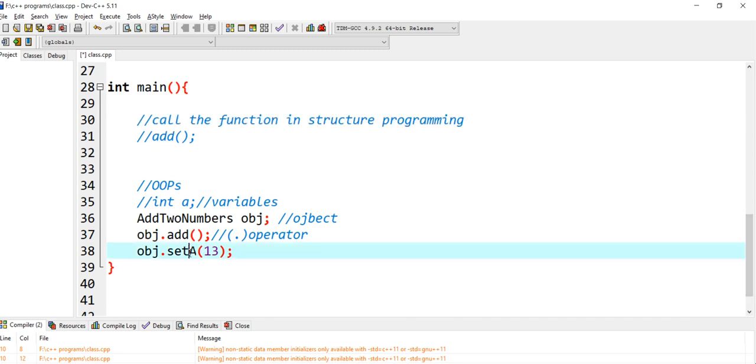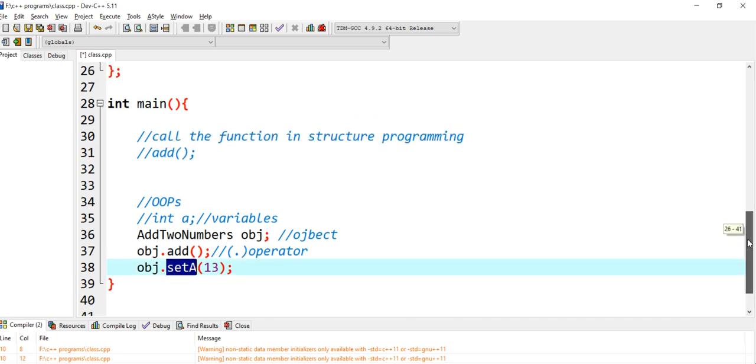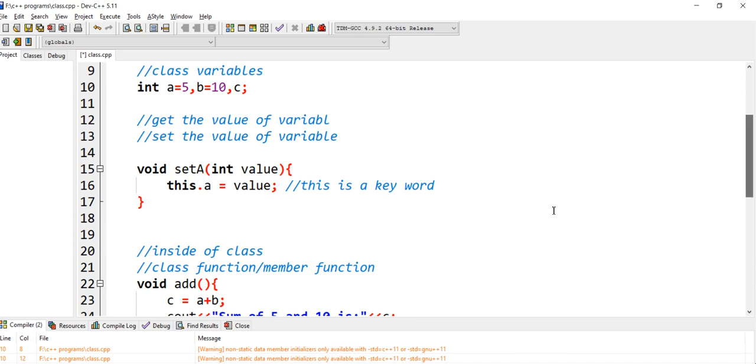So now this set a function is going to be called, and it is provided the value 13, right? So this 13 value will be initialized to a. This a will be initialized with the value 13. Okay, so this is our setter function.